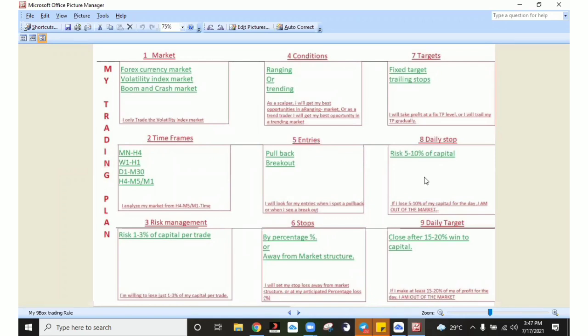So your daily stop is, if I lose 5% to 10% of my account, I don't want to take a trade again. I'm out of the market. That is what my trade